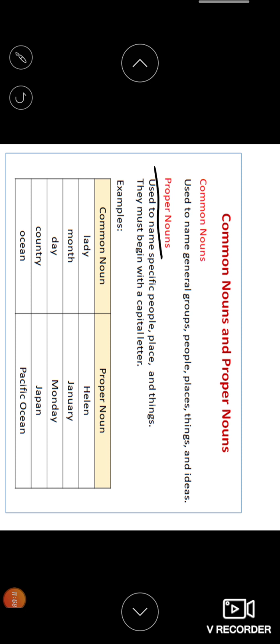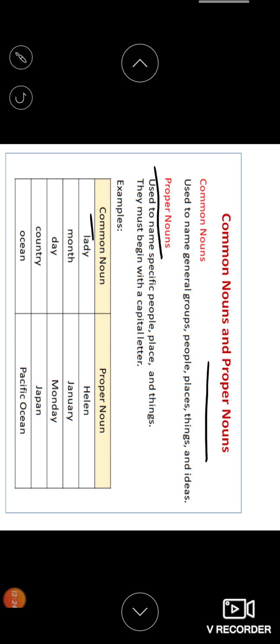See here, I'll just give you some examples. A common noun can start with a capital only if it is at the start of a sentence. But in the middle of a sentence, common nouns are never written with a capital letter. Always keep in mind, the proper noun is always written with a capital letter. The first letter is always a capital for proper nouns.